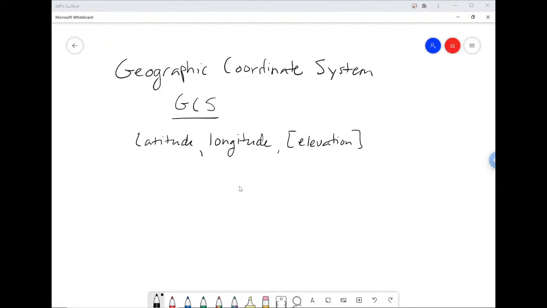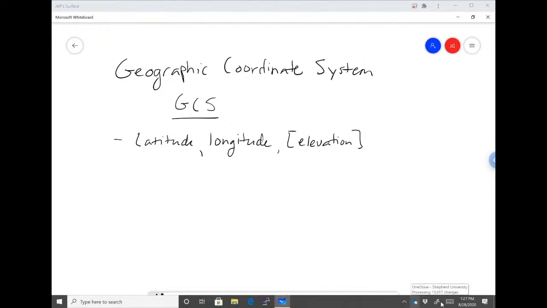Put that in little brackets there. This is always going to be relative to some reference. There's got to be some 0 point: 0 latitude, 0 longitude, 0 elevation. And this reference system is referred to as a